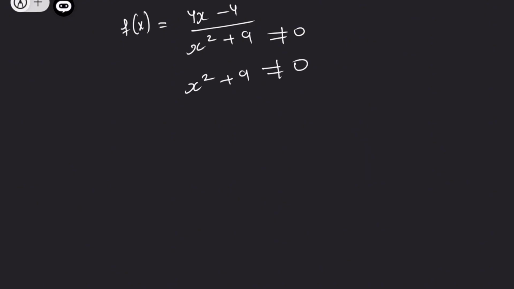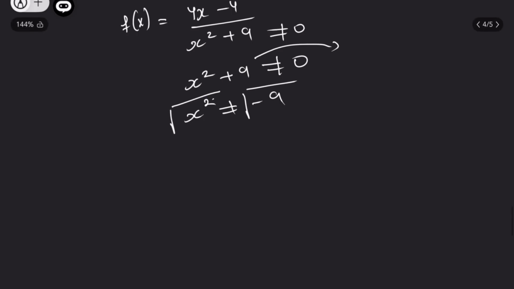We have f(x) equal, for example, (4x - 4) divided by (x squared plus 9). Now, as we said, the denominator must not equal 0, so x squared plus 9 must not equal 0. How do we solve it? We shift 9 to the other side, it will be negative 9. So directly take the square root for both sides to solve it, because the square root will cancel the square here. So it will be x must not equal positive